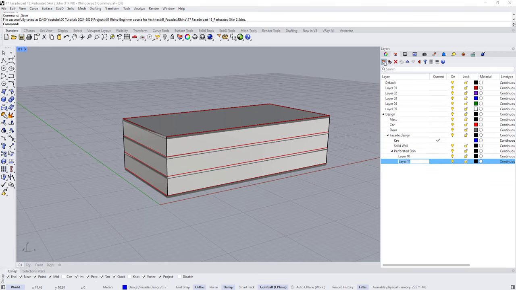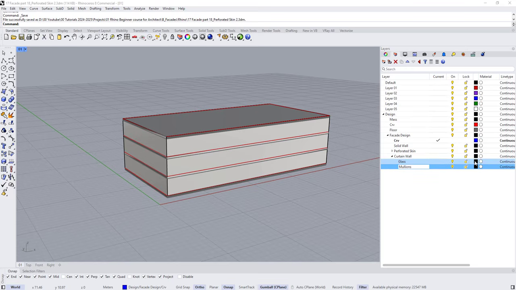And for this one, I'm going to add maybe two sublayers. The first one is going to be structure or substructure. And the second one, let's name it skin. And I'm going to create a new layer and let's name it curtain wall. And I'm going to add to it two sublayers. The first one is going to be glass. And the second one is going to be